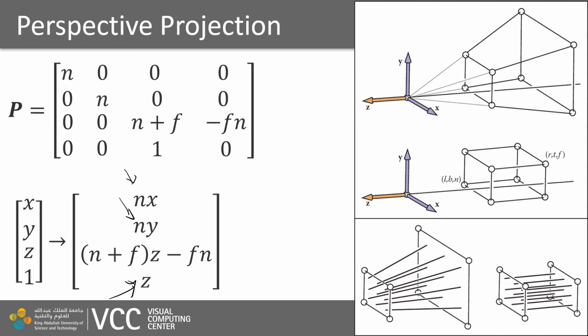If our z is equal to the near plane distance, we can see here what will happen. So n plus f times z will be equal to n minus fn. So we will now have n plus f times n minus fn is equal to n